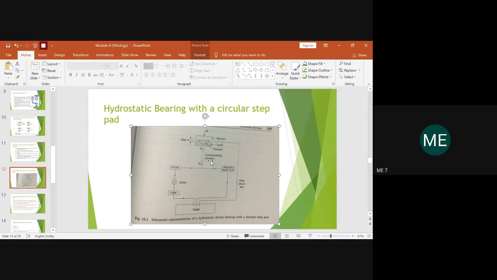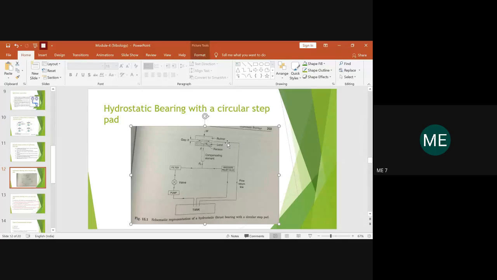Also, suppose it happens in a very rare case that you are supplying the pressure in such a way as required. The required pressure has been developed over here, so that will balance with respect to the normal load, and it will be in equilibrium condition. If still there is any ooze out of the oil film, due to variation of the pressure, some amount of oil will be squeezed out. That is also termed leakage.